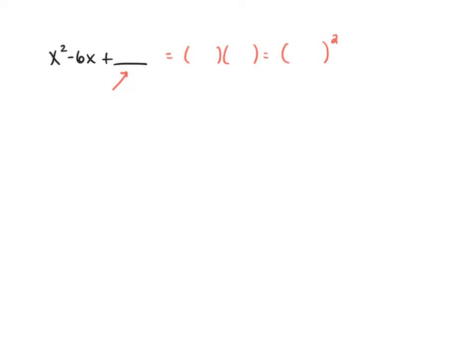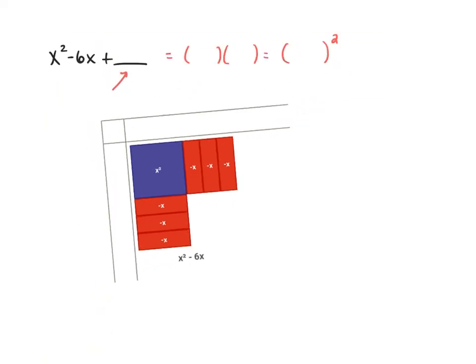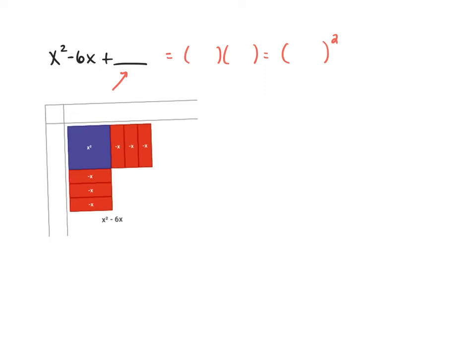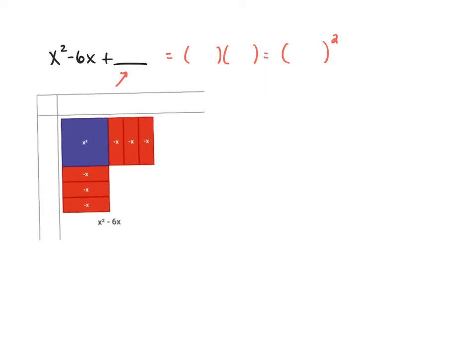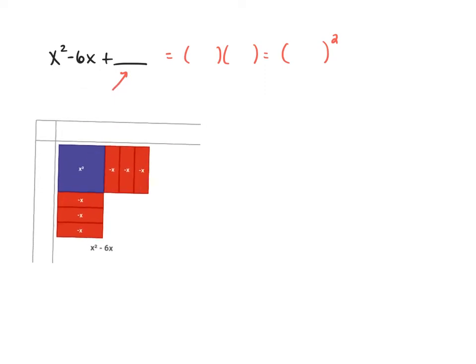So if we think about this as a picture, I would want to split those negative 6x's into 2 groups of negative 3, because if I want to make a square, the side lengths need to be the same. So I'd want to have an x and a minus 3 on this side, and the same thing over here. So if I thought about filling in this little part here, or in other words, completing this square,